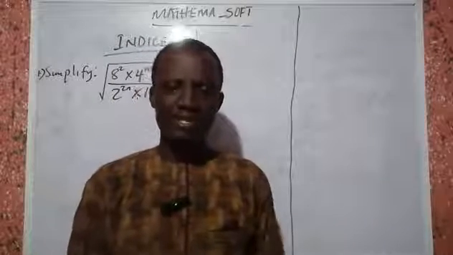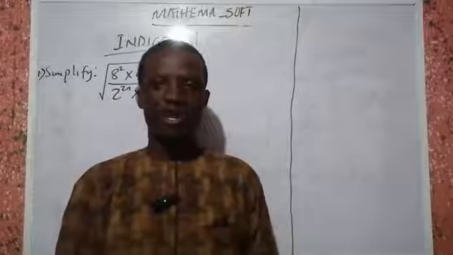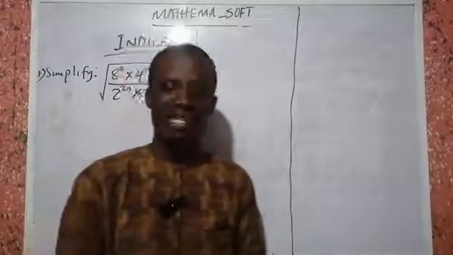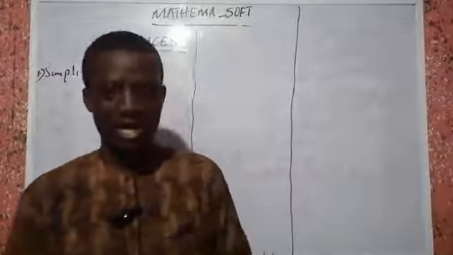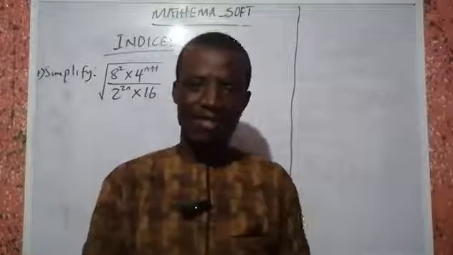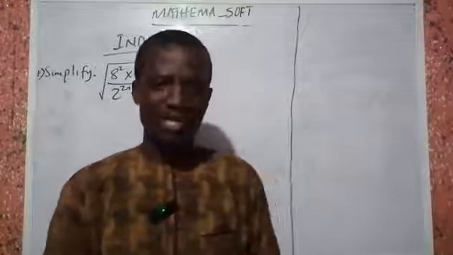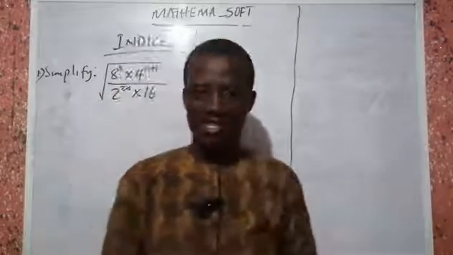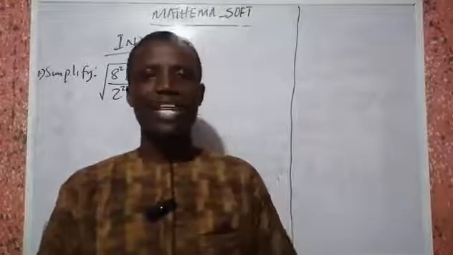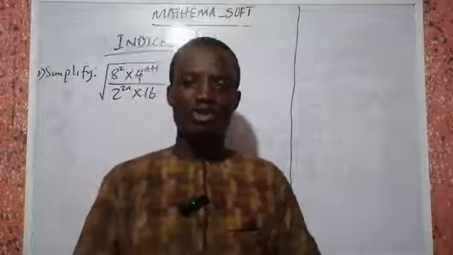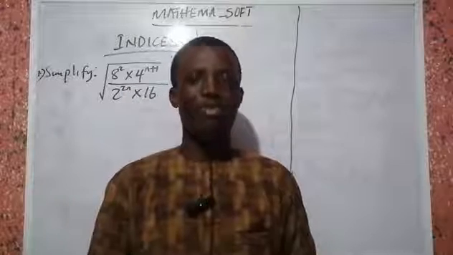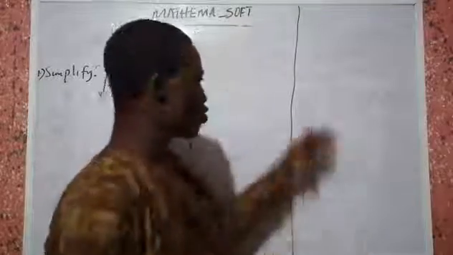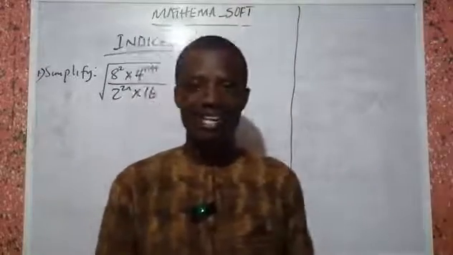In previous classes, we have proved the laws of indices and we have tried to get ourselves familiarized with them. Remember, I mentioned in the last class that in subsequent classes like this, we wouldn't have to be writing the laws of indices on the board again. By now, I expect you to have gotten yourself acquainted with those laws. So let us try to apply those laws without looking at them,